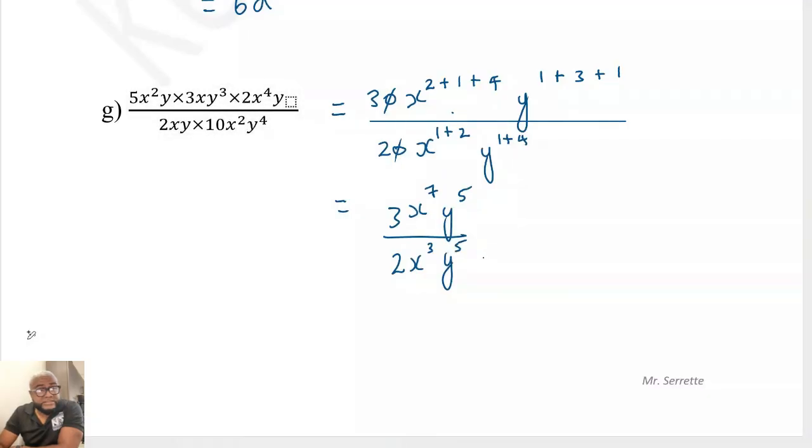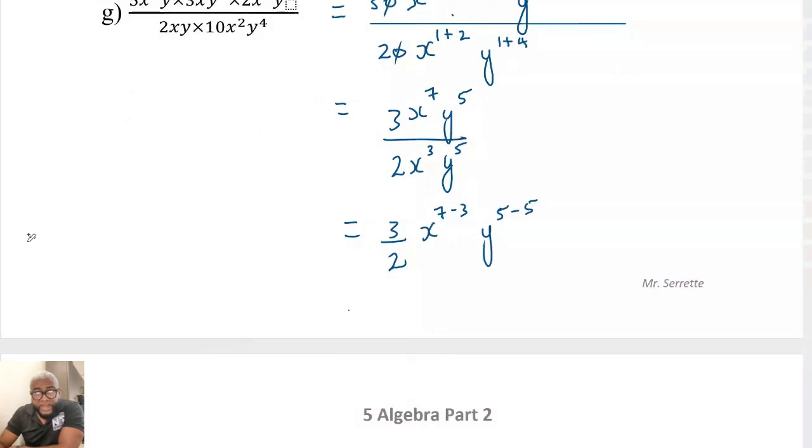Everybody good here? Let's deal with our division now, right? So I'm leaving same 3 over 2, and then I'm dealing with the x's now. So this will be x to the power of 7 minus 3. Everybody good there? And this will be y to the power of 5 minus 5. Are we good there? So I'll leave 3 over 2 as 3 over 2. And this will be x to the power of 4 and y to the power of 0. But any letter or number to the power of 0 will give me